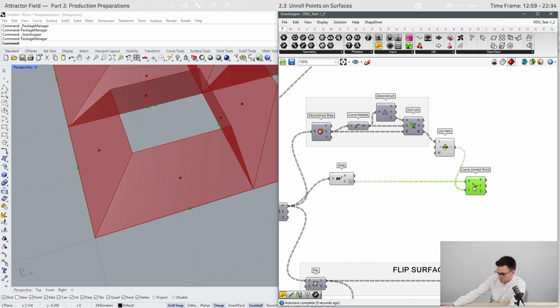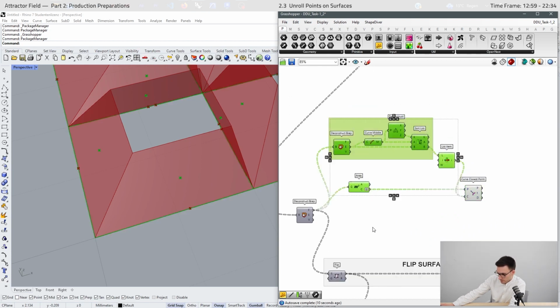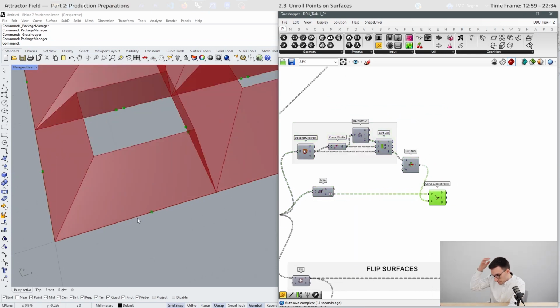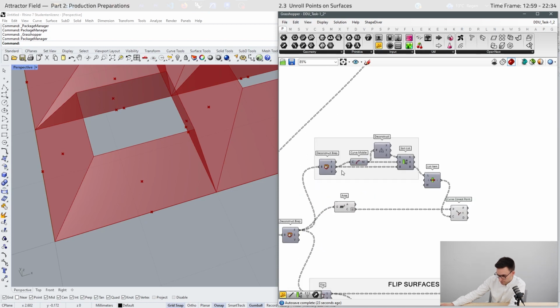All right. Can hide these. And now we have our points on the edges and the upper points. Why are we doing that like this?